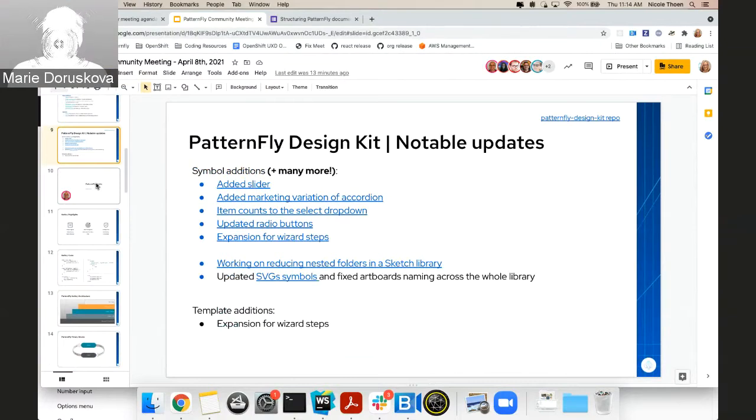And then we got a request to update radio buttons. So symbols have been updated and they reflect the current implementation. And the next thing is that all the SVG symbols should be up to date. And the last thing I want to mention is that I created an epic for work on reducing nested symbols in our library. So if you are not comfortable with some symbols, I mean, they're difficult to reach, please reach out to me, or you can open an issue for some specific symbol and I will take a look at it. And that's all for me. Yeah, that's my update.